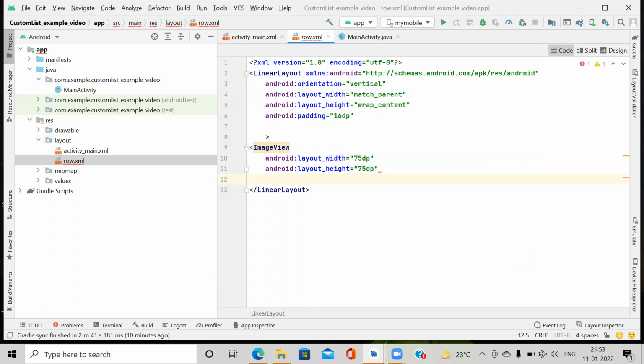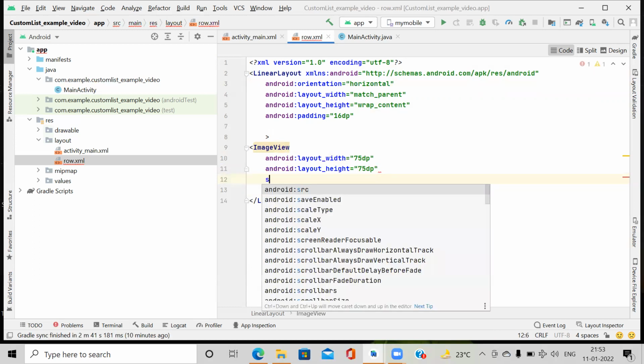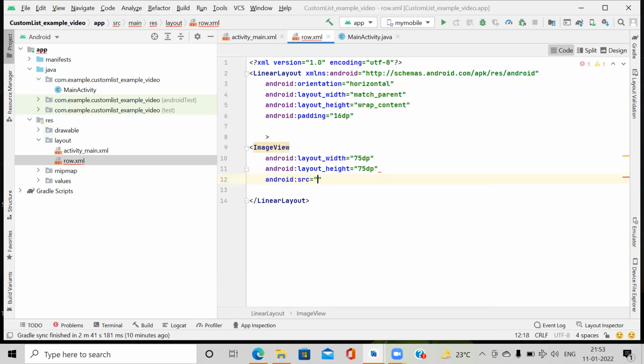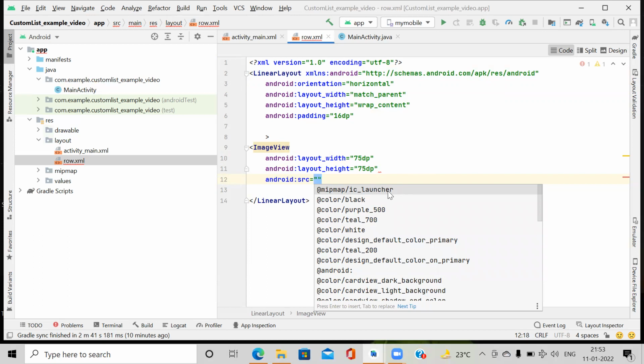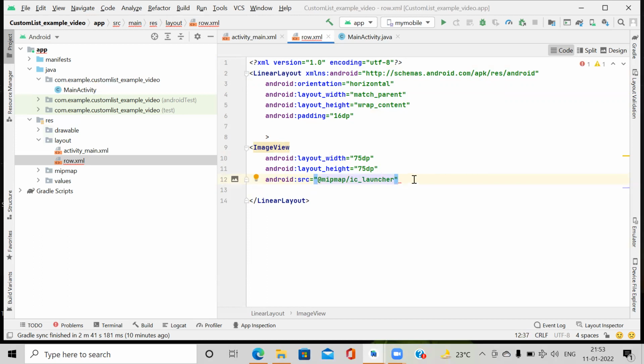Here we set the orientation. I change its orientation to horizontal. We set the default image path. We are giving here src equal to mipmap IC launcher.